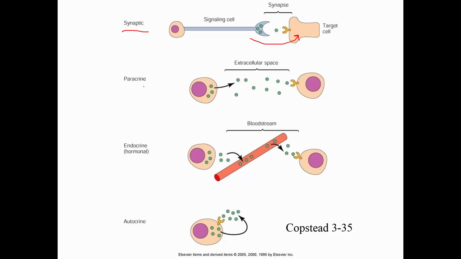Here we have a paracrine agent. Paracrine agent, we find a lot of this in the immune system. You have a cell that produces a prostaglandin. It diffuses through the extracellular space and then works on a nearby cell. So nitric oxide could be a paracrine agent. Nitric oxide could be a neurotransmitter if it came from a neuron. So different molecules can wear different hats.